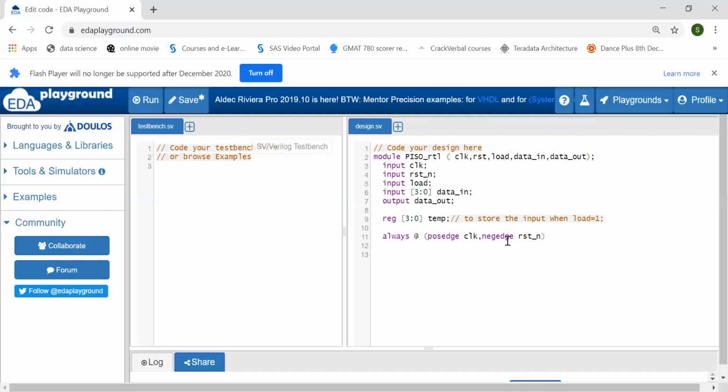That means when my reset signal is 0, at that time it is active. Here my reset is an asynchronous reset. Why? Because this always block is depending on the clock as well as the reset signal. My reset signal is not depending on the clock. So here my reset is an asynchronous reset. Begin.